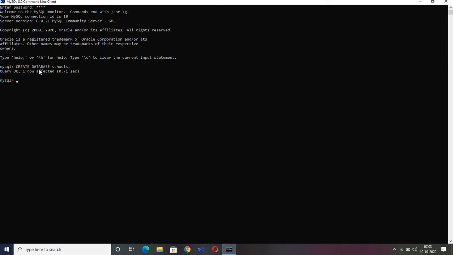What it means is that one database has been created. Now if I want to see whether it was created, or just want to see how many databases there are, for that I use the command show, and I want to check for databases, so I will write show databases. See, while I had to create a database, I used the word database. Now I want to check all the databases, therefore I am using the word databases, in plural.